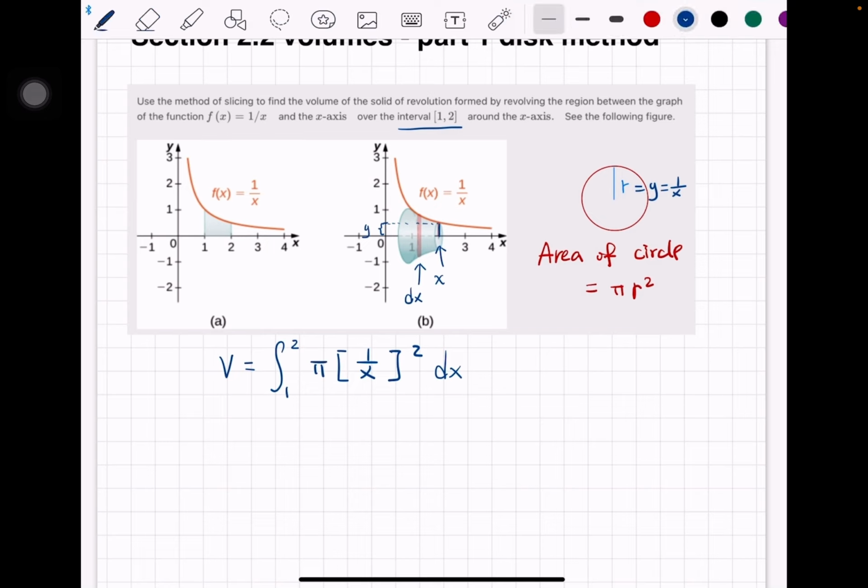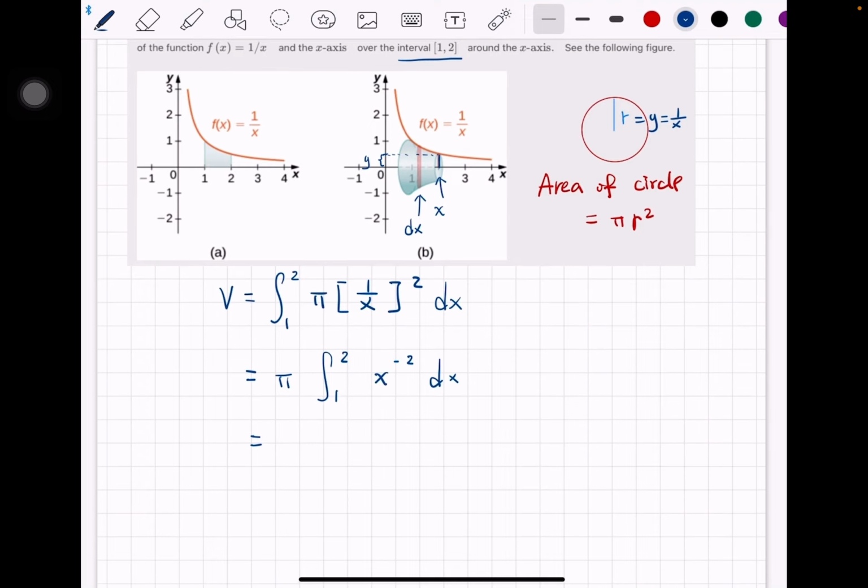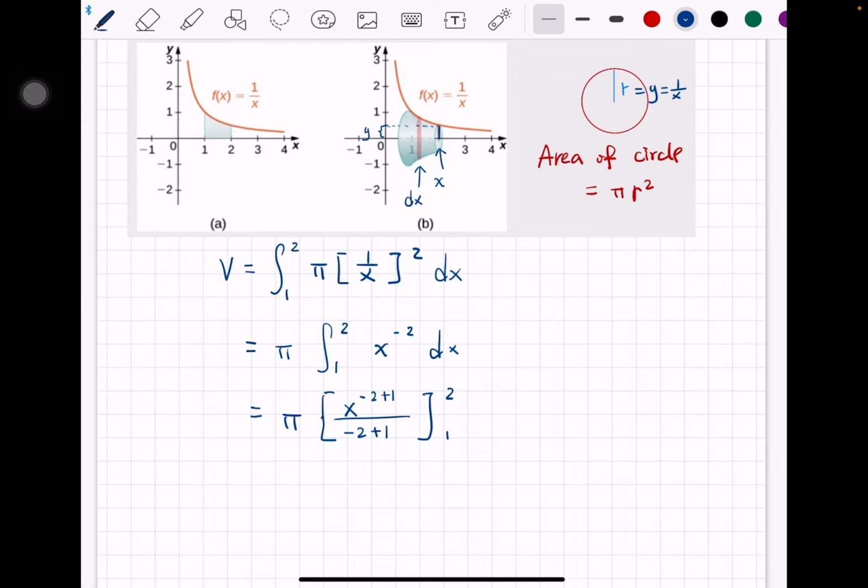Once we have the setup, we can start finding the integral. Pi is a constant, we can pull it out. And then 1 over x squared is going to be x to the negative second power. I like using the power version because I can use the power rule. So x to the negative 2 becomes x to the negative 2 plus 1 over negative 2 plus 1, evaluated at x equal to 1 to 2,